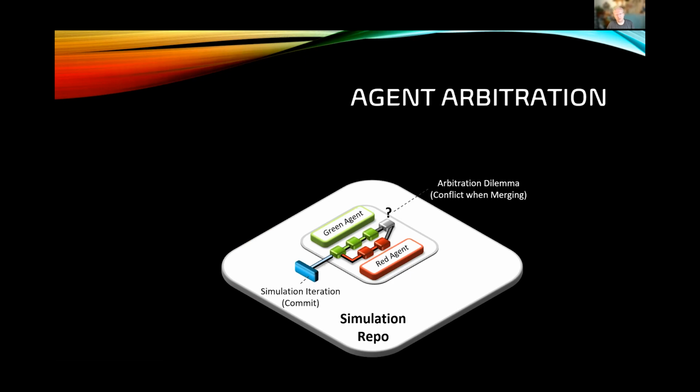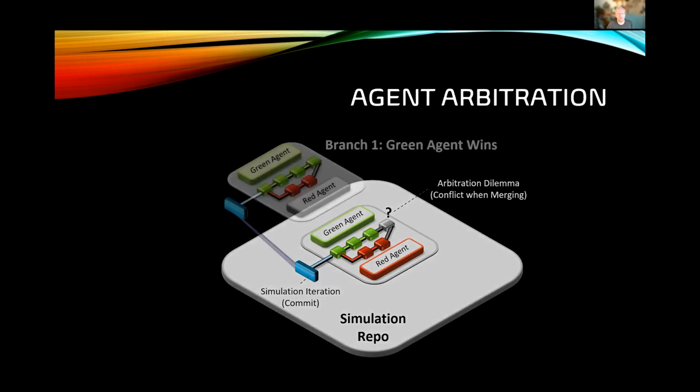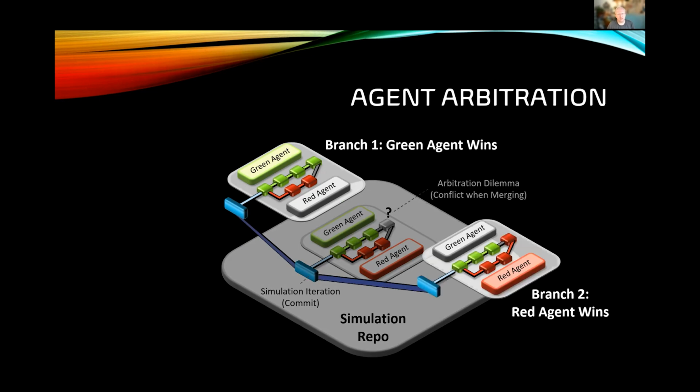With the Nano version control way of thinking, I see this quite simply as well. Instead of having a heuristic or some sort of score approach that will arbitrate that dilemma, my frustration is that tends to presuppose a solution in my experience. This approach says, let's create a copy of the universe where the green agent won, and we call that a branch. And then another branch in that repo where the red agent won. And then your algorithms can basically run in parallel on those branches.